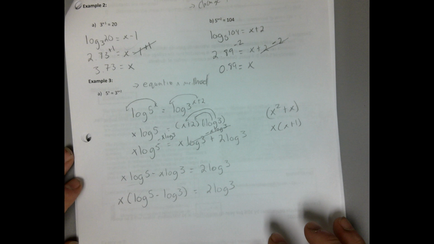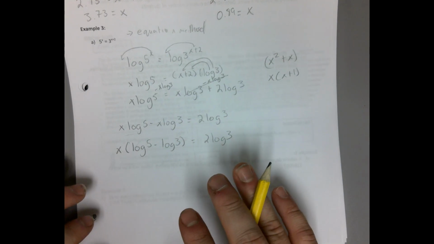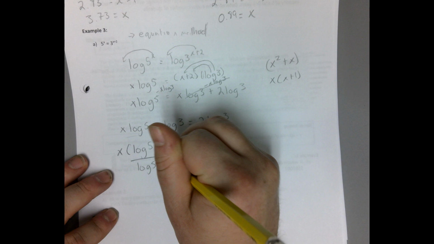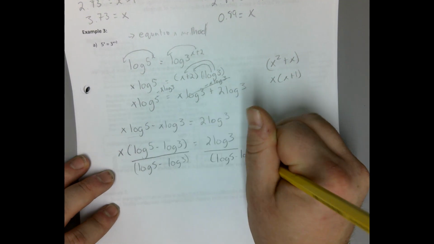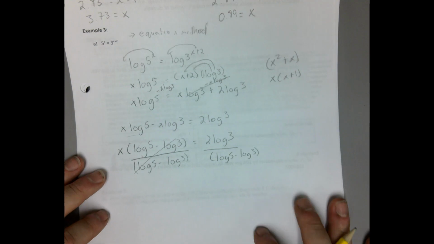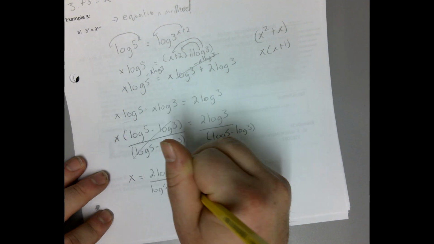Well, remember when we talked about before, what we want to do is isolate that x out. So if I want to isolate the x out, I'm going to divide, because we're saying this whole x is multiplied by that. What I do to one side, I have to do to the other side. Log 5 minus log 3. Well, this whole thing gets crossed out, right? We're just left now with x is equal to 2 log 3 divided by